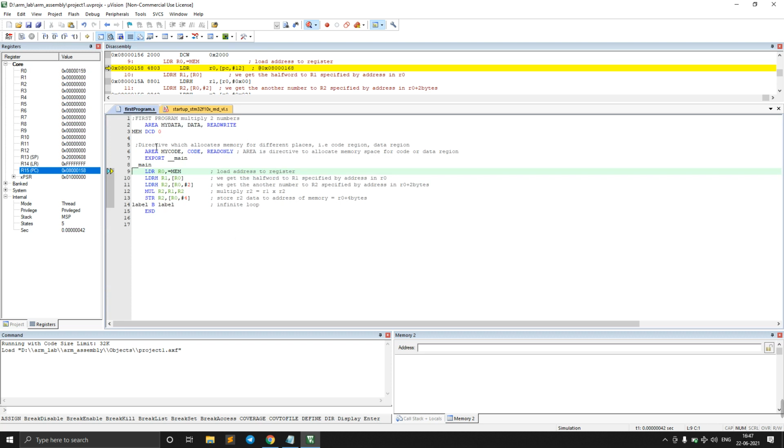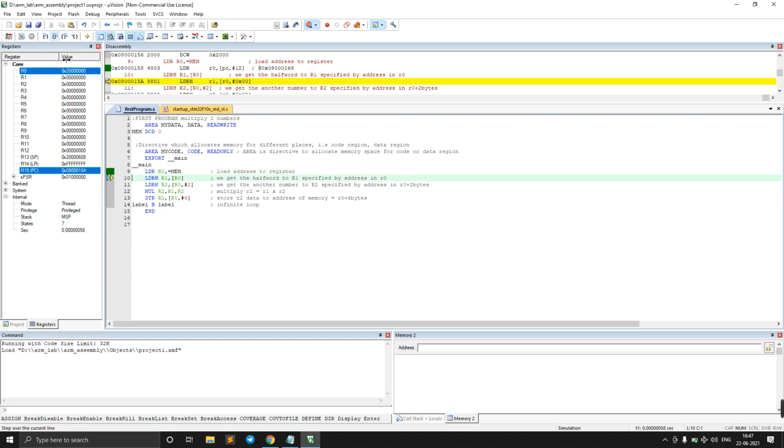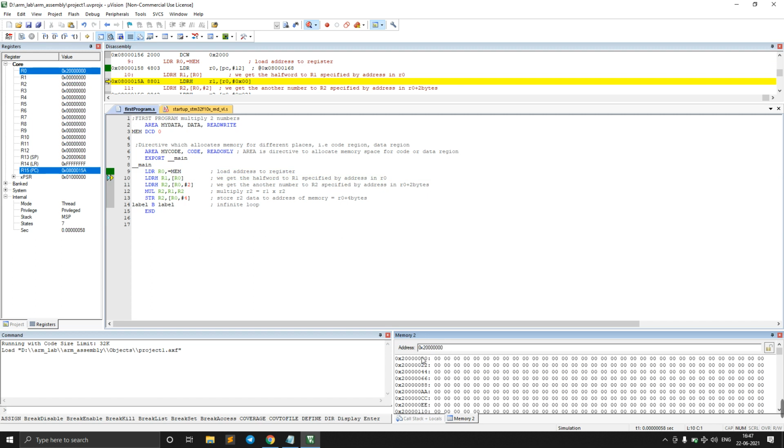Now you see this took us to the program we wrote. This is the ldr r0, =man instruction. That means initially we are loading the address, and that address will come here. To store some values in the memory, just specify its memory address, then it will come like this.